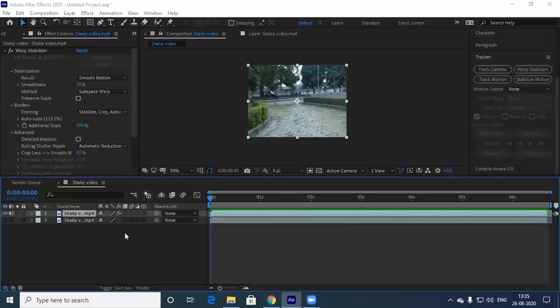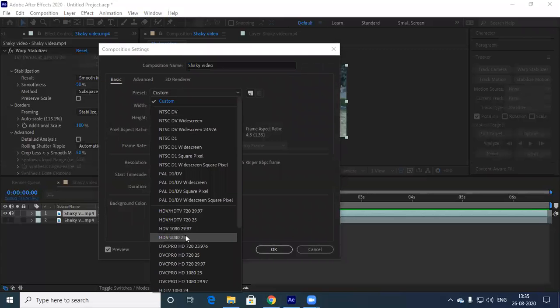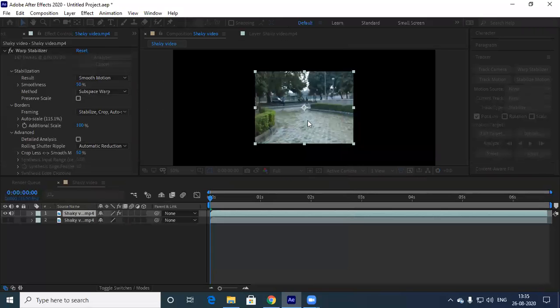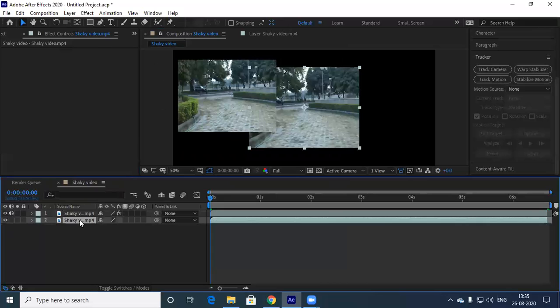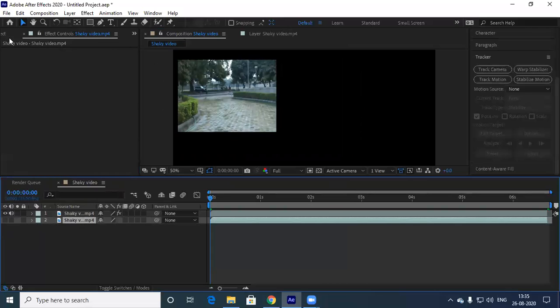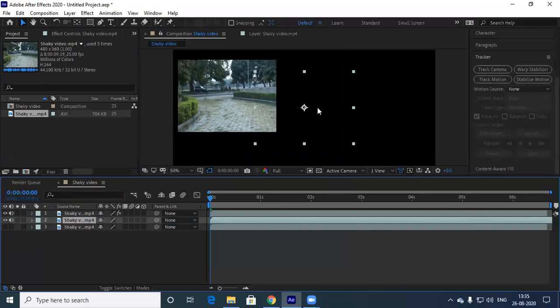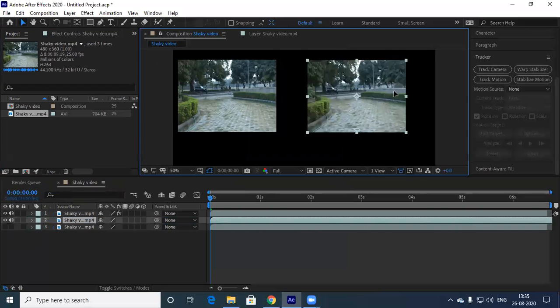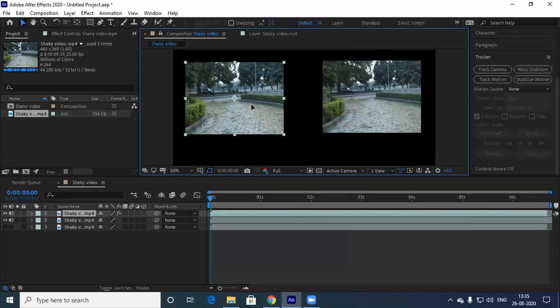Control K is for composition settings. In this, instead of custom, let me take half HD and give OK. Now this is the video which we have stabilized. Let me take the raw footage again and place it over here. This is another video where we didn't do any stabilization. This is raw footage. This is a stabilized video.